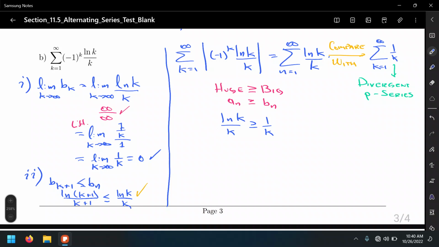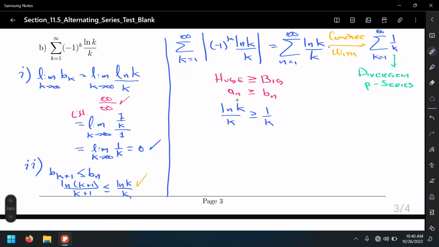It's always 1 regardless of the value of k. But in this case, ln of k, even though the logarithmic function grows at a slower rate, will for sure be bigger than 1 for large values of k. So this inequality is true. This new series diverges